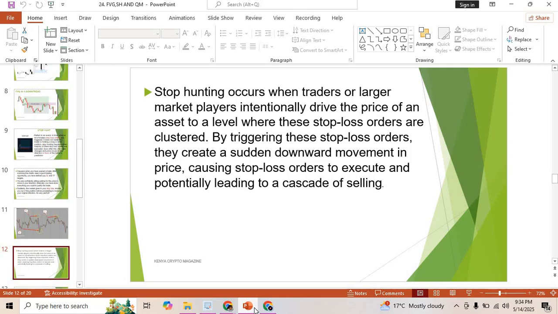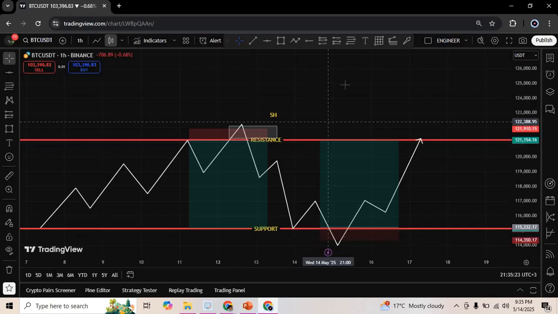What if the entry is not triggered? If the entry is not triggered, it's different between the entry being triggered and you being stopped out. It's not the same. There's a difference between these two. Let me just show you.